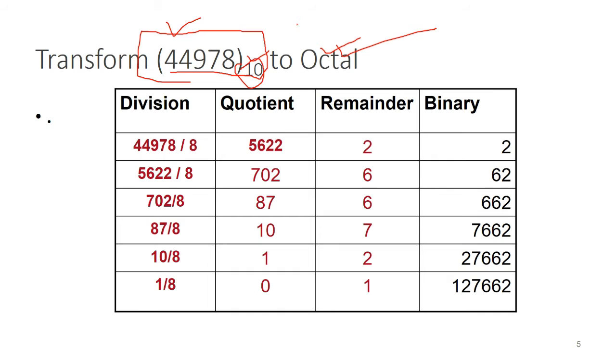The first thing we have to do is divide it with 8. If we divide this number with 8, we get a quotient of 5621, and the remainder is 2. Is it okay? And the remainder is 2. Then